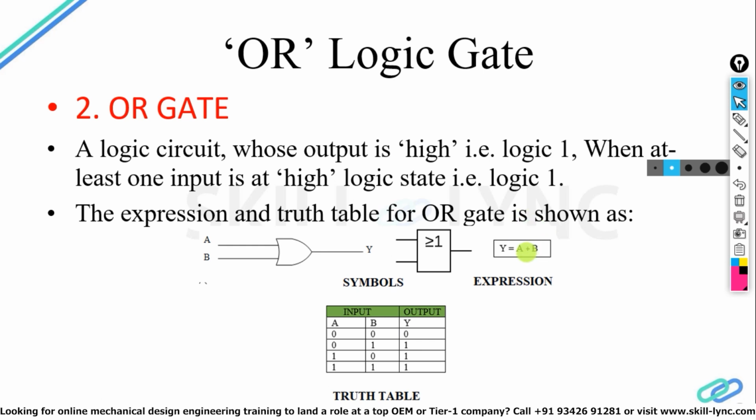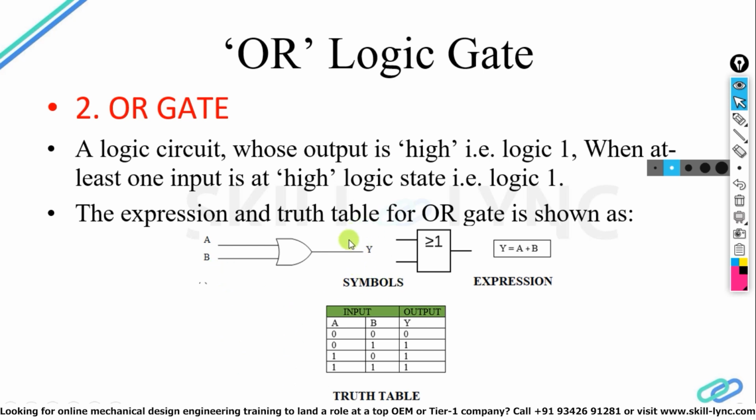So a logic OR gate can be described as an inclusive OR gate. Why? Because output is true when both of the inputs are true. Or we can say if A is high or B is high or both are high, then the output is high. So a 2 input OR gate may be there, a 3 input OR gate may be there, or a multi input OR gate may be there. For example, a 6 input OR gate means there will be 3 sets of 2 input OR gates, A1 B1, A2 B2, A3 B3.